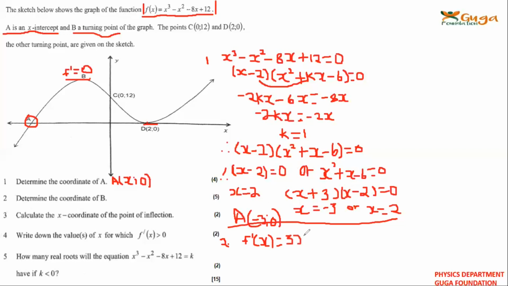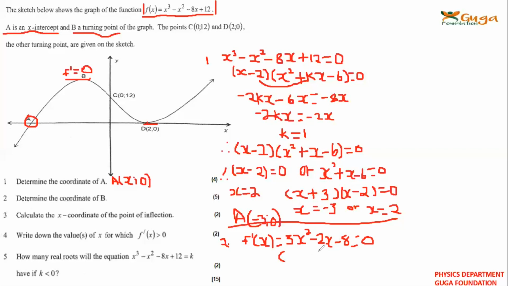Okay, 3x squared minus 2x minus 8, and then you equate that to 0, right? So we try to factorize here,